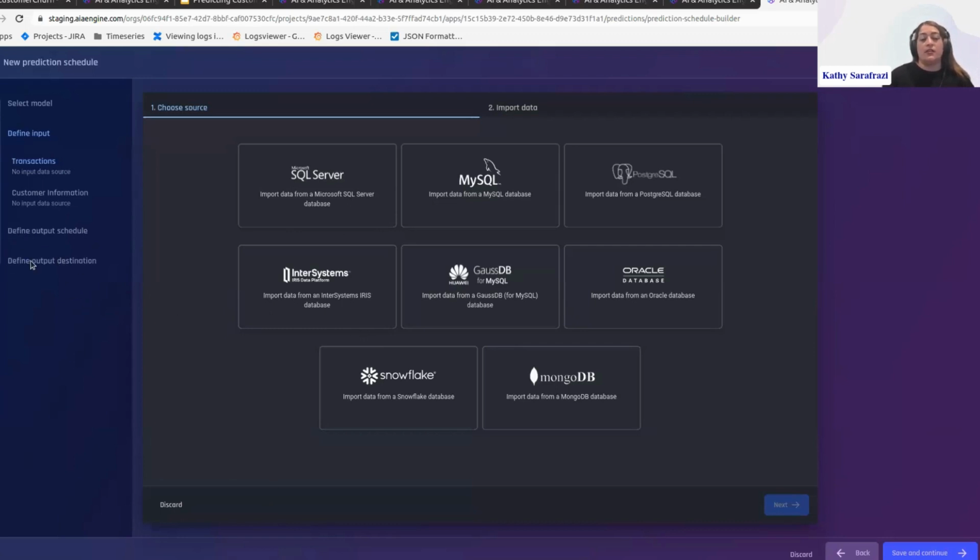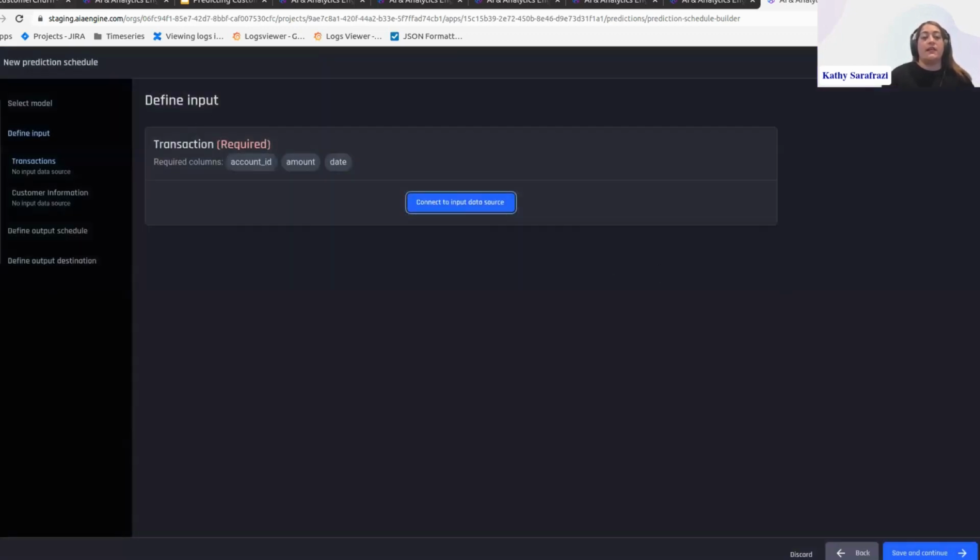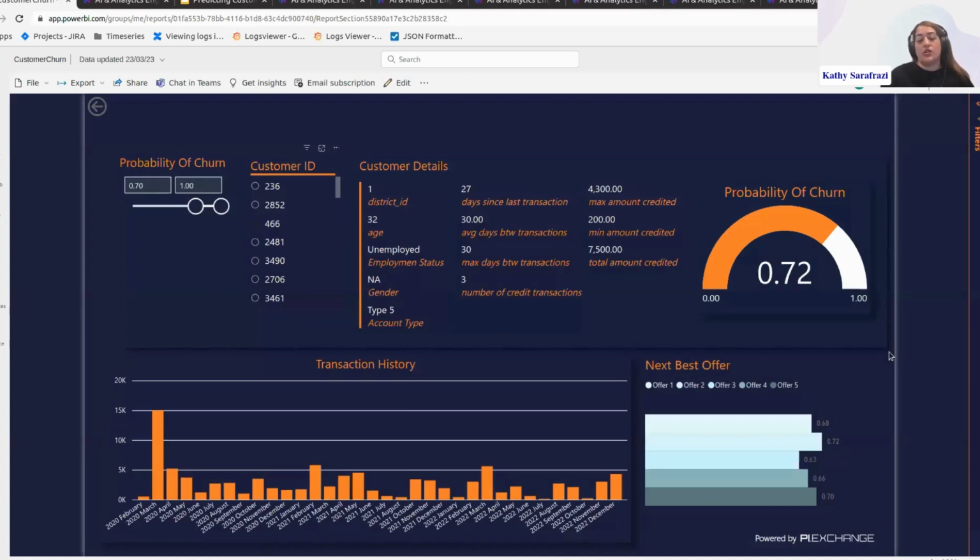And we can define where we want to put our prediction results, which can be another database, or we can export it to the engine. And the benefit of that is obviously when I do that, I can use it in a dashboard like this. So for this dashboard, I can set up a scheduled prediction schedule. Every week, my probabilities will automatically update. And my team members, let's say, they can use this to filter out the customers with a high probability of